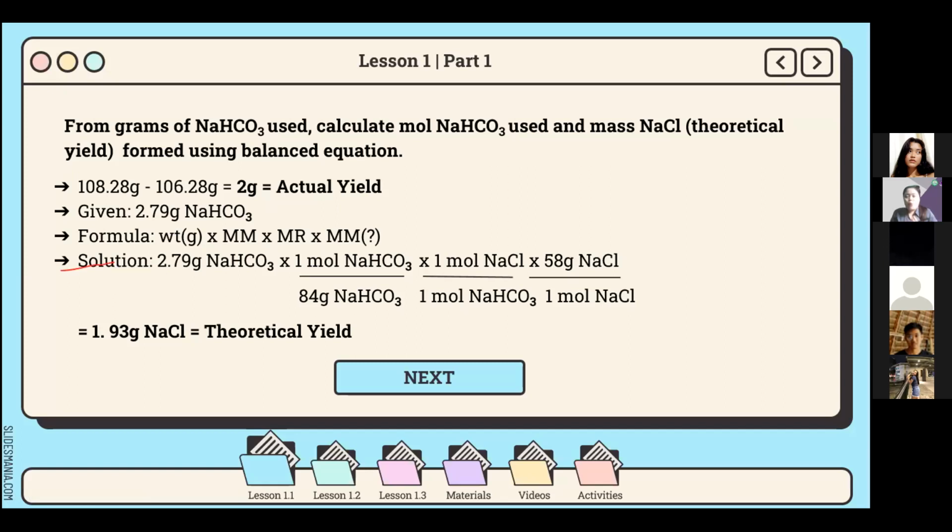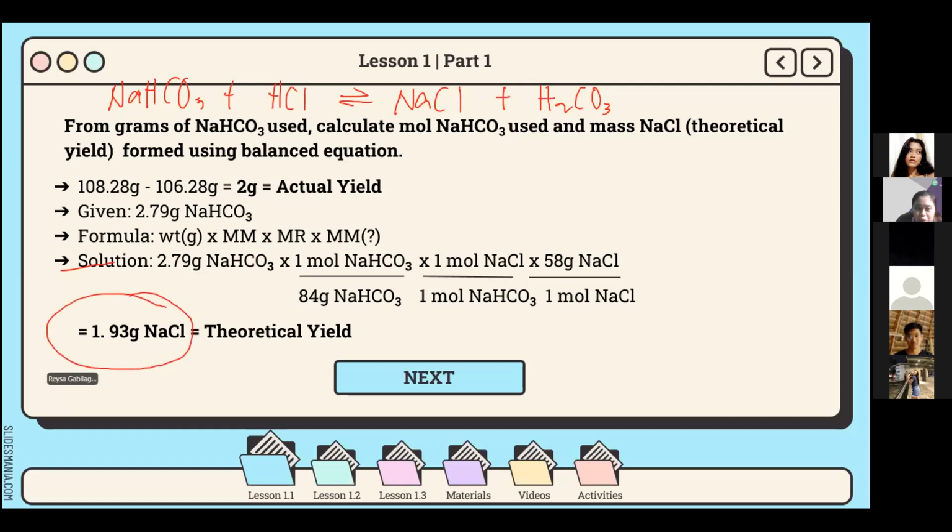2.79 grams of sodium bicarb. We are going to use the whole equation. So times the molar mass of the sodium bicarb, that's 84 grams per mole. And our mole ratio here, since our chemical equation is sodium bicarb plus HCl yielding NaCl plus carbonic acid, has no coefficient, so 1:1. And for the sodium chloride, that's 58 grams per mole. I've computed this already a while ago. This is correct. This is the mass of the